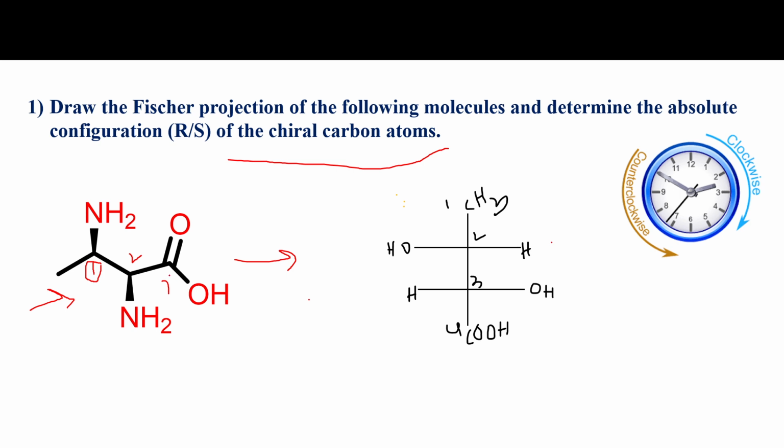This is not a chiral center, so there are only two chiral centers. At the first chiral center, the NH2 is up. So with NH2 up, I draw it like this,